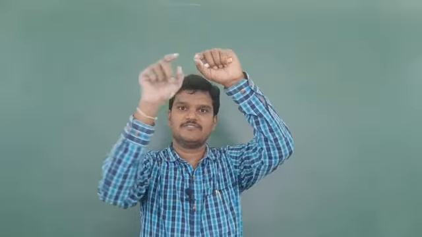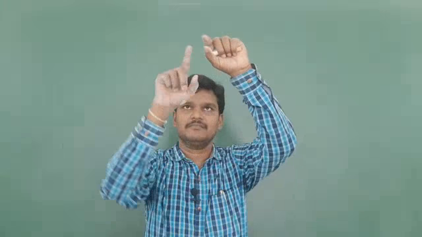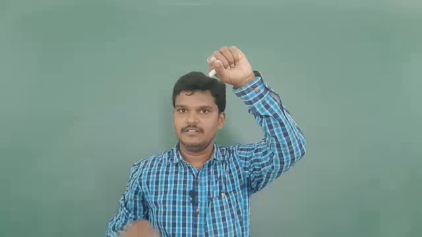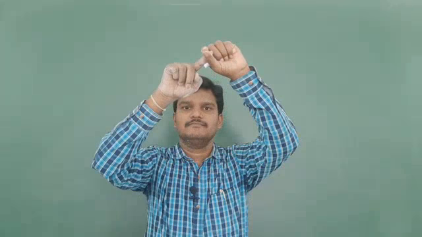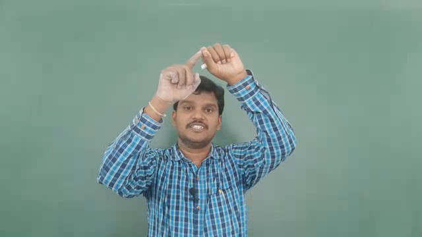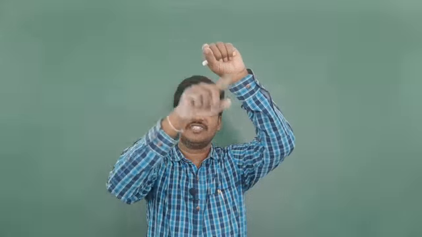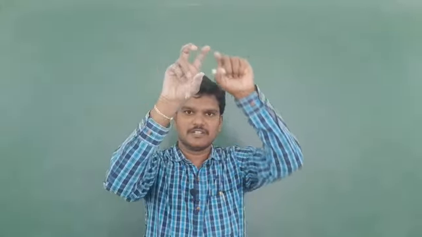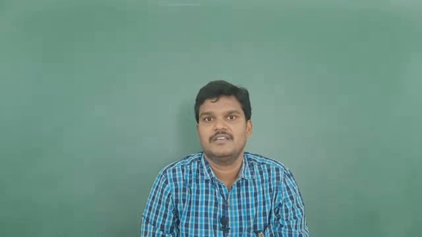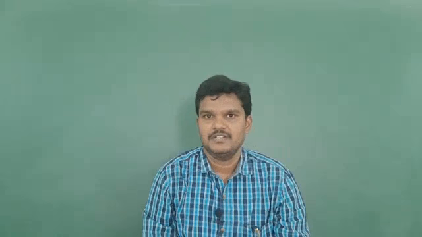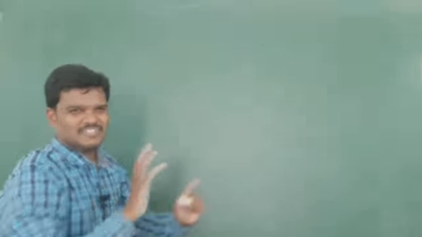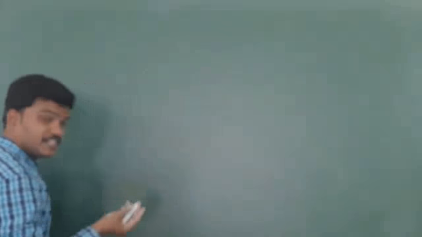When the angle crosses 360, 1, 2, 3, 4, 5: the first one is 0, the last one is 360 degrees. If the angle crosses 360 degrees, then the first one and last one coincide. The first image and last image are considered a single image. So leave all these things, let me do it directly. Here there is an actual formula also. If you want the formula, you write the formula.